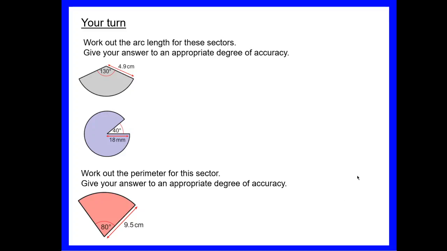All right, so let's have a look at the solutions for those then. So for the first one, we've got our angle of 130, so x is 130. Our radius is 4.9. Now remember, we need the diameter, so we need to double that 4.9. So double that will be 9.8. So our arc length is 130 out of 360 times pi times our diameter of 9.8,